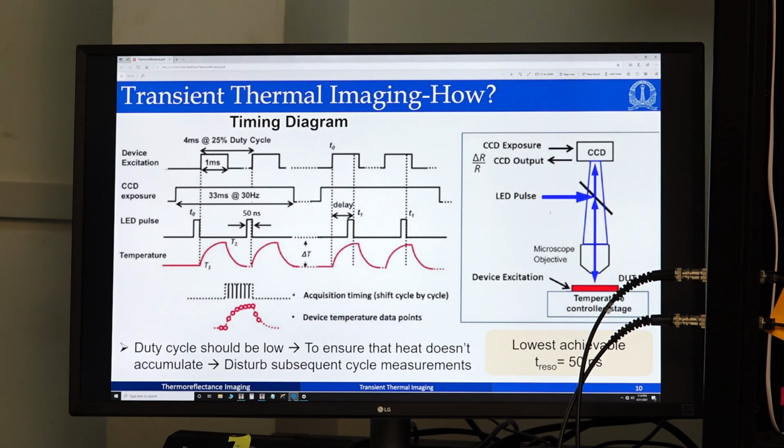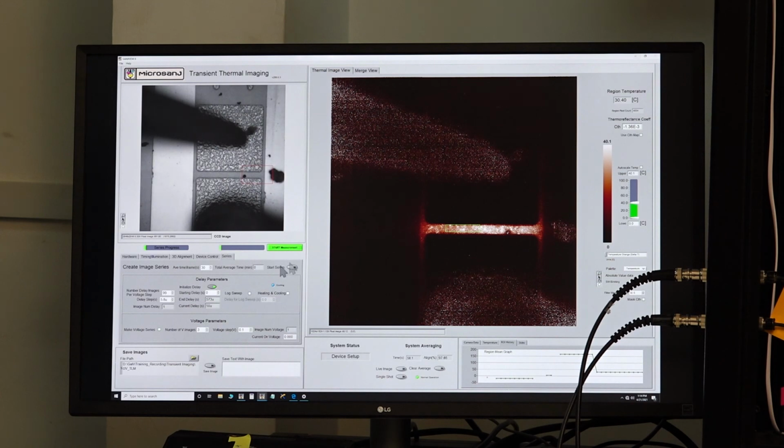A brief understanding can be gained from this waveform. What we are doing is, we are starting from here and we are sweeping this LED pulse delay, LED pulse of 5.7 microseconds. We are sweeping this point in steps of 5.7 microseconds, and we are trying to cover this whole transient. We are basically trying to get samples at each and every time instant. So given everything is set, we now start the transient measurement.